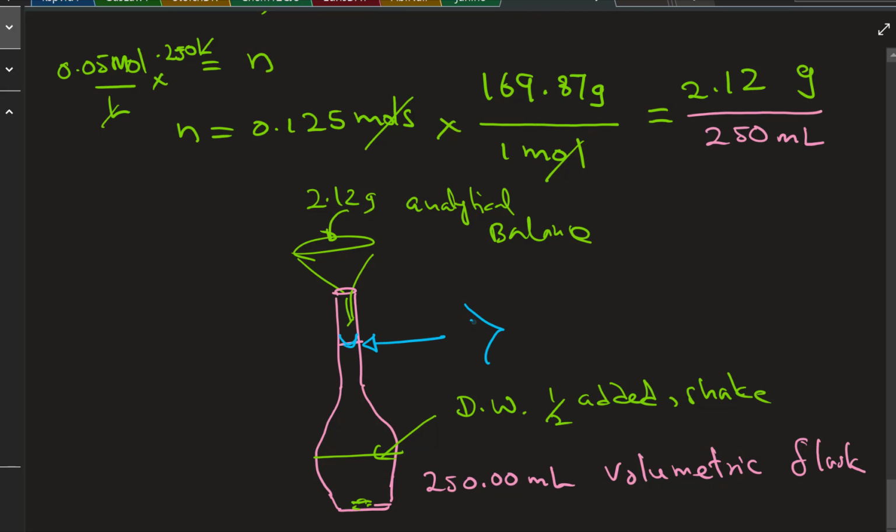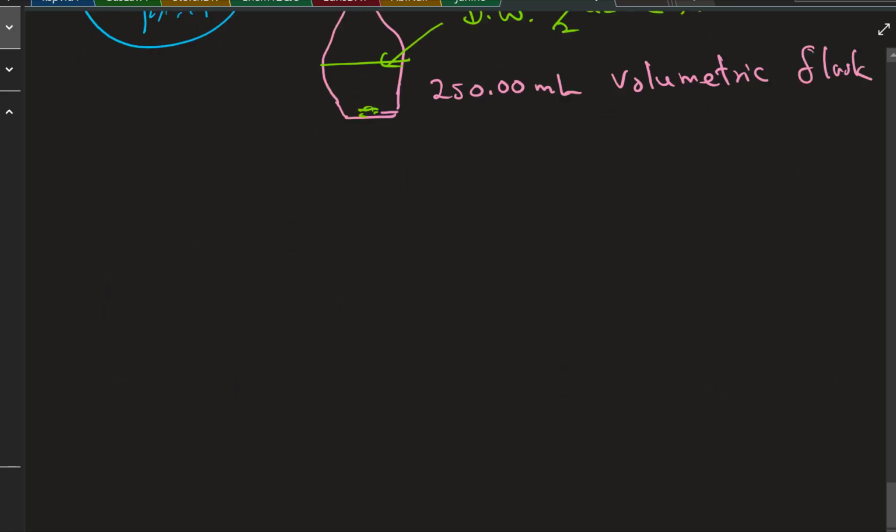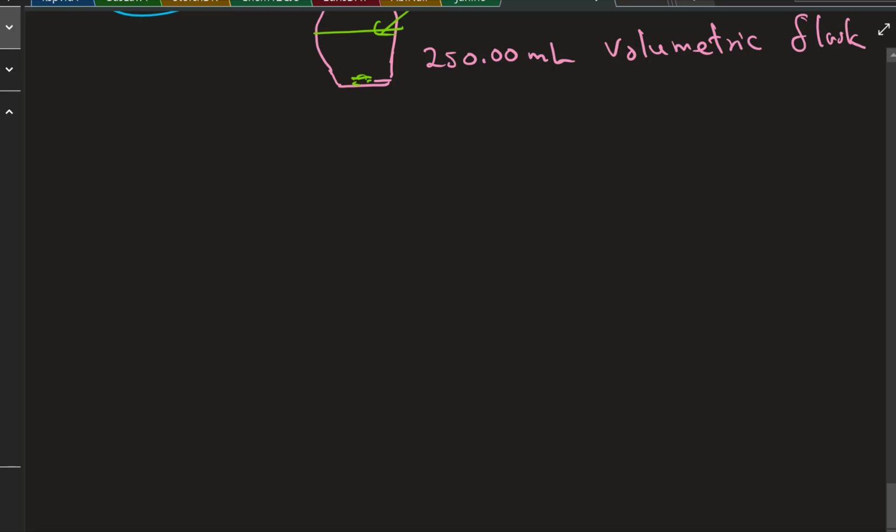Let it settle and then add a few drops from the dropper until it meets the meniscus. What's the meniscus? You look from the eye level and you can see the barrel and the meniscus should be touching the marker of 250 milliliter. So that's how you precisely make a stock solution, right? If it is relevant, you should try to understand that. Now, the next part